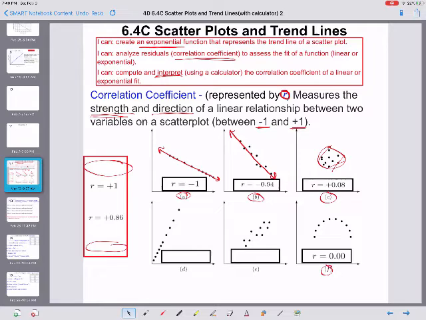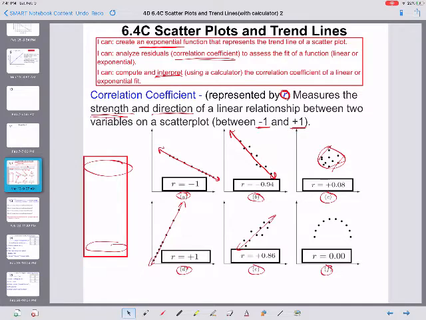So let's move on to D. Well, it's the positive relationship, and yep, you could sketch a line that hits all those points fairly easy. So that's positive, and it is a perfect relationship because you can hit every point with your trend line. E. It's also a positive relationship. Can't hit all the points with your trend line. You can hit a few of them though. It's pretty strong. Those points are all pretty close to your trend line, so we're going to call that the